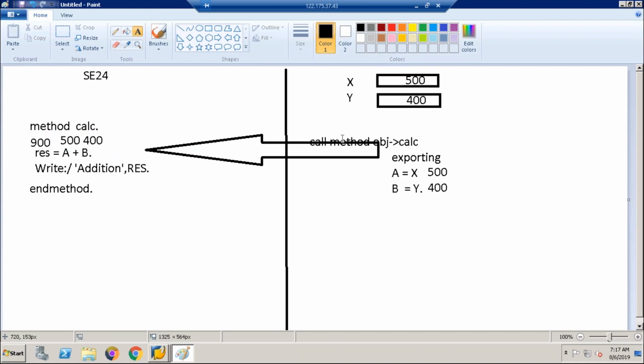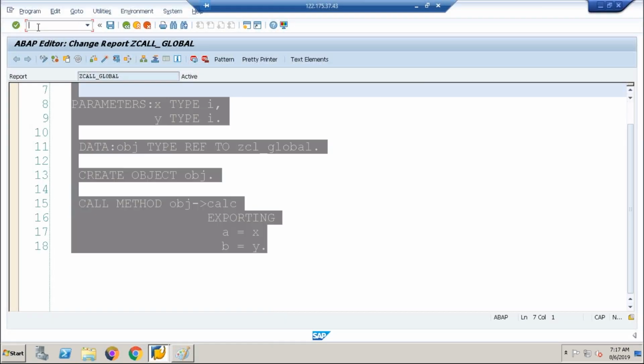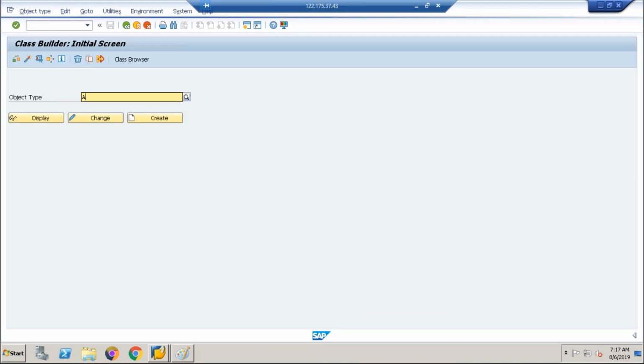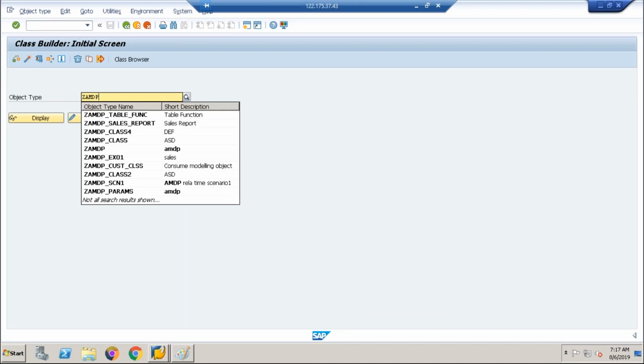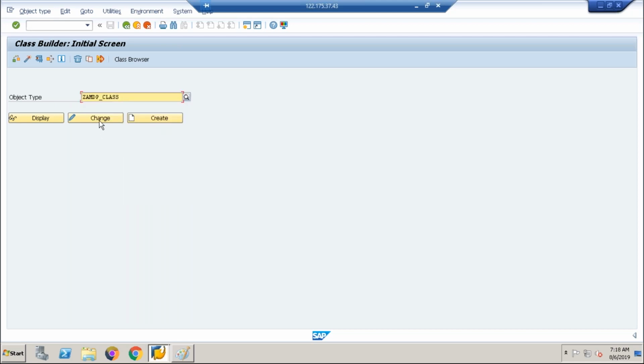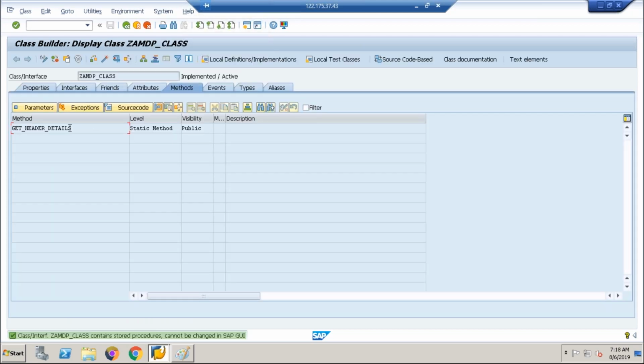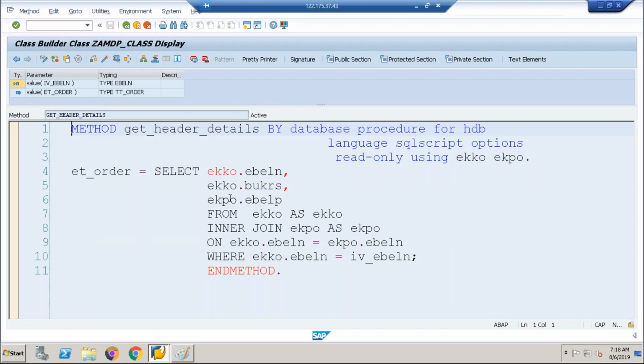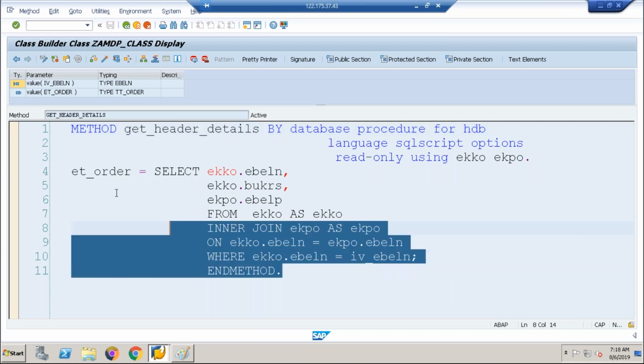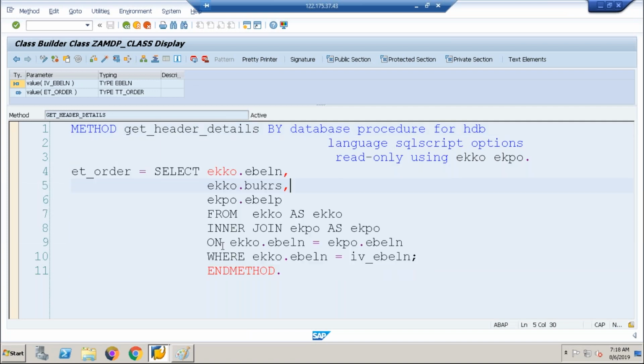But you no need to write this much big program, guys. Whatever program we write in AMDP, the same ABAP class you will get in SE24 like this. See, in SE24 you will get it here. See, guys, like this. These are all your AMDP classes. So they will become global classes. You don't need to write any program. So this is your method. And this is all your syntax. This is how an AMDP program works. We will discuss, don't worry. This is called HANA SQL. Okay. This is your internal table.